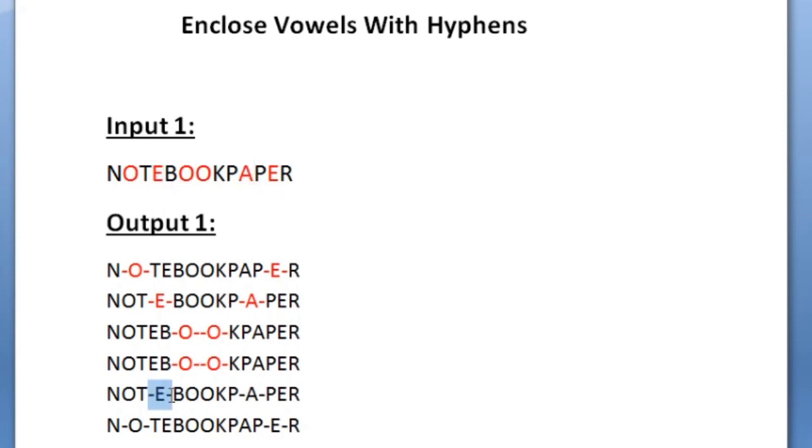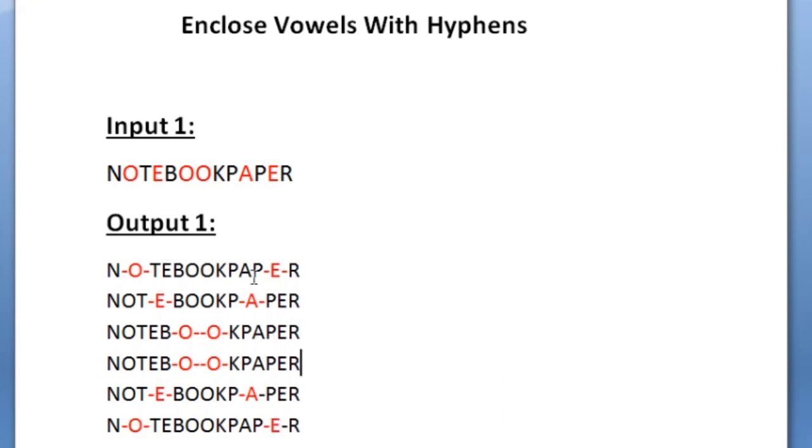So we are doing it. So this E and A is enclosed within hyphens. And then similarly the sixth vowel from left is this E, and the sixth vowel from right is this O. So we are enclosing O and E within hyphens. So this is how we get this output pattern.